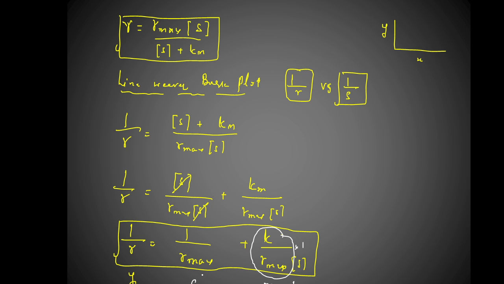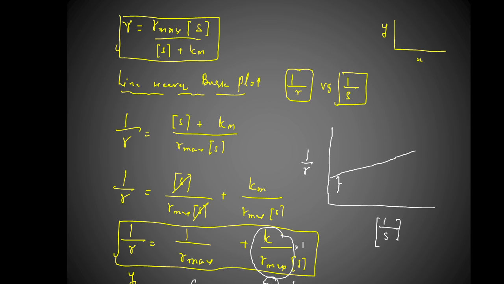When we have this type of equation, y is equal to mx plus c, we get a graph of a straight line with intercept. So we are plotting a graph between 1 upon rate on the y-axis versus 1 upon S, the substrate concentration. This is called a Lineweaver-Burk plot. M is called the slope and C is called the intercept. When we have an intercept, our graph cuts the axis here; it cannot pass through the origin.